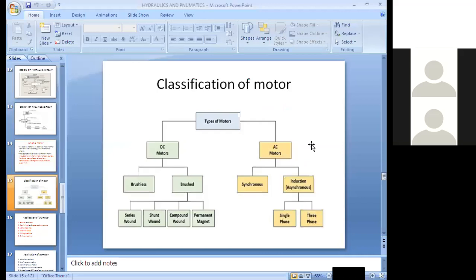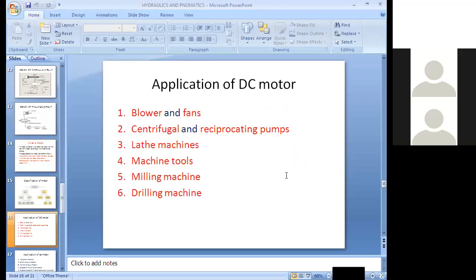For DC motors, where are we going to apply them, which equipment and devices run through a DC motor, and which devices are used for running AC motors? That question will arise, because where exactly do we use a DC motor and where an AC motor? We have a little confusion about DC and AC. Because of that confusion, I'll prepare one more slide. It is very important to know where a DC motor is used.